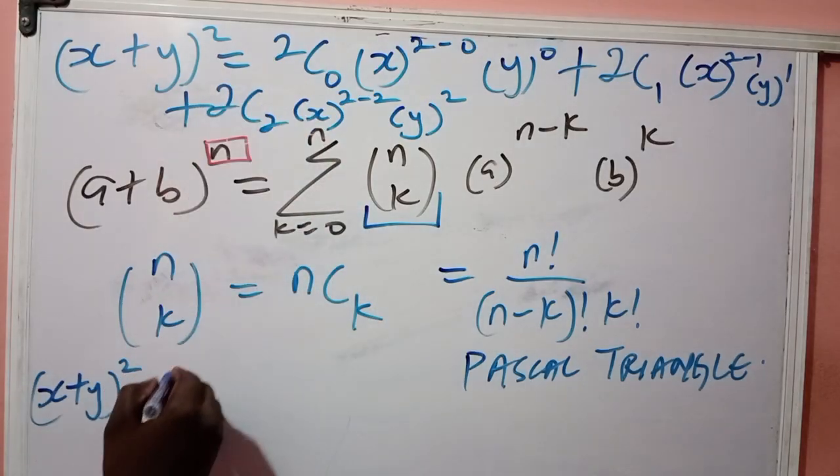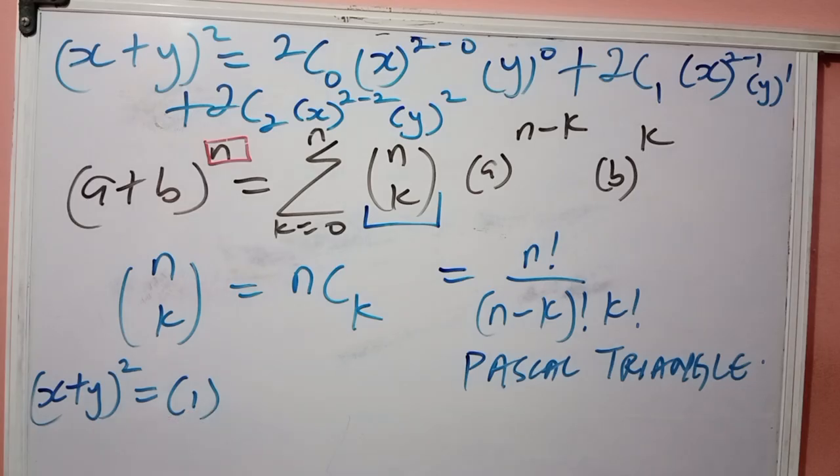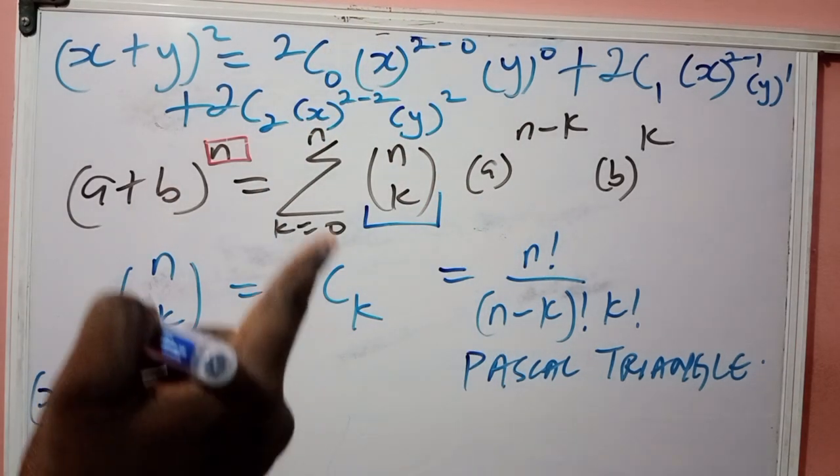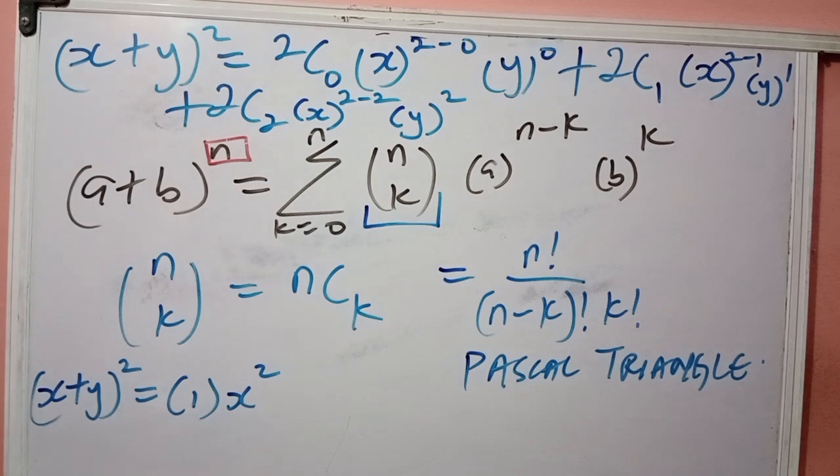so 2 combination 0 is 1. That will be x raised to power 2 minus 0, that's x raised to power 2. Y raised to power 0, y raised to power 0 will be 1, because anything raised to power 0 is 1. Plus